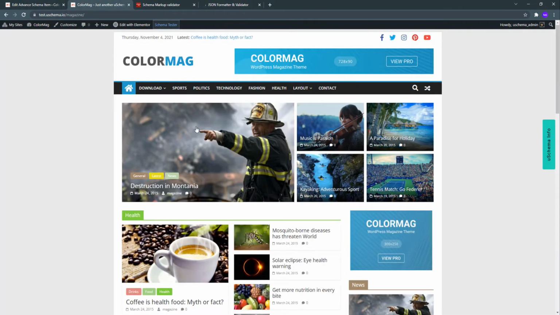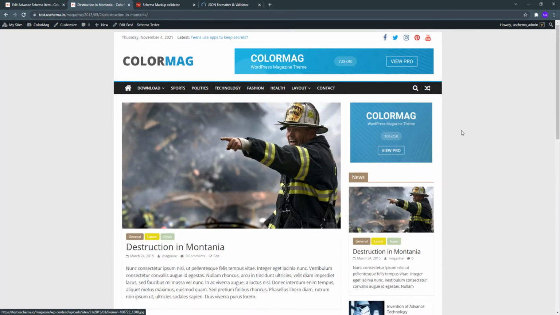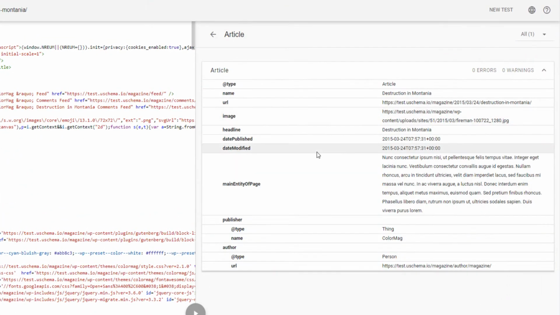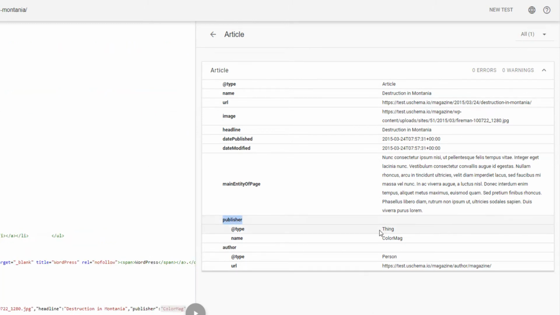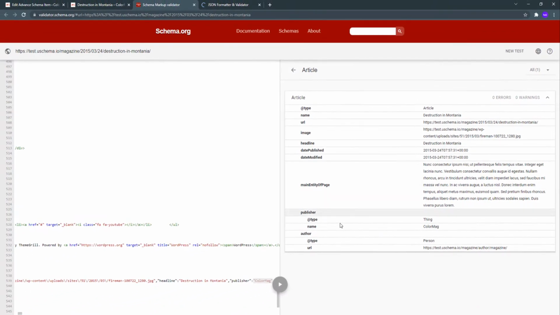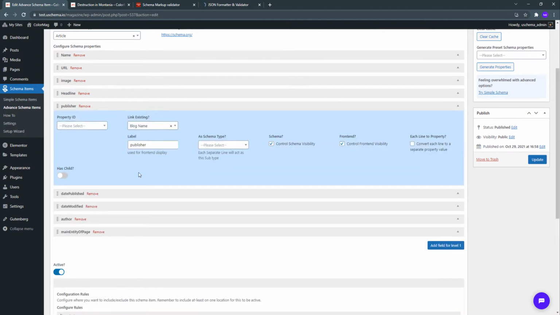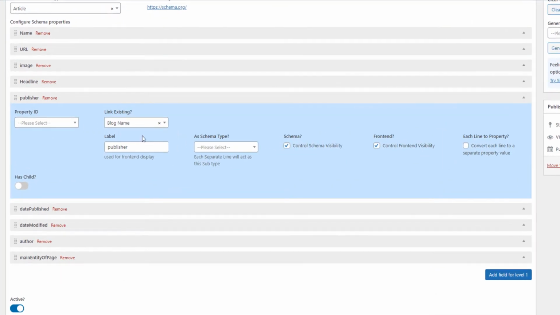Let's check the schema on any article. I'm going to a random article here and hit this schema tester button. Here we have the article, and inside that we have all of the information that we have set up. Inside the publisher we have Color Mag, which I think is just a placeholder for now, because in the publisher of this article schema item I have linked it to the blog name.